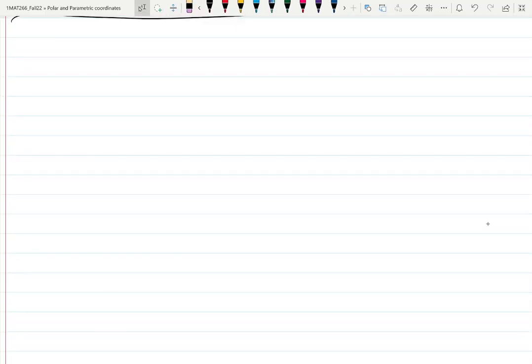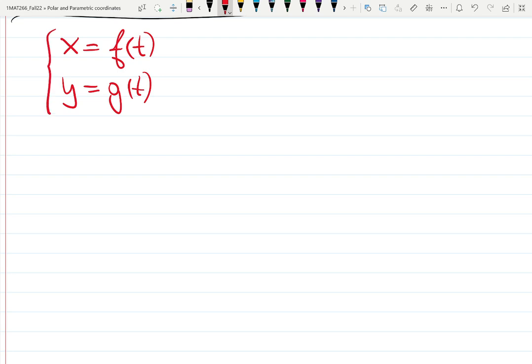For the exam, for the beginning of chapter 9 and chapters 9.1 and 9.2, you need to know 2 formulas. Since x is a function of t, so f of t, and y is a function of t, maybe different, maybe the same, g of t. Then formula number 1, what is the derivative? dy over dx. Take carefully the derivative of y separately,